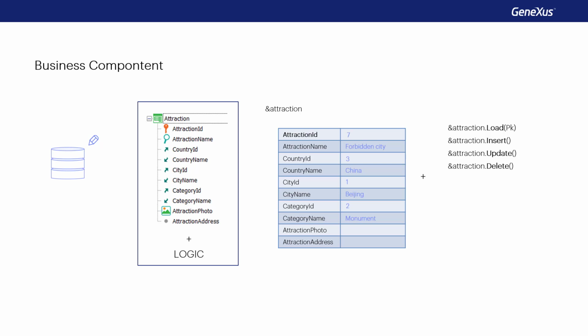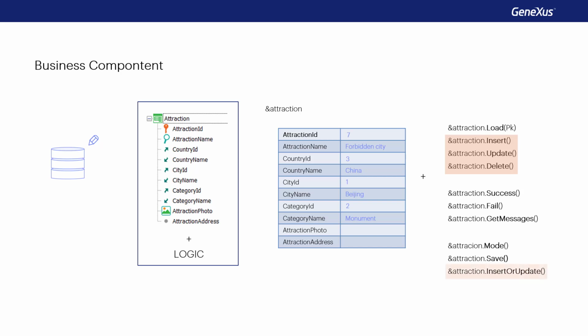In addition to allowing these operations on the database, we can check the result of the last operation performed, as well as obtain the messages generated in a collection. There are even more methods to study. For example, the mode method returns the mode of the business component, if it's insert, update, or delete. The save method, which, depending on the variable's mode, will try to insert if the mode is insert, or update if the mode is update. And also, the insert or update method will always try to insert, and if it fails because of a duplicate key, then it'll try to update.